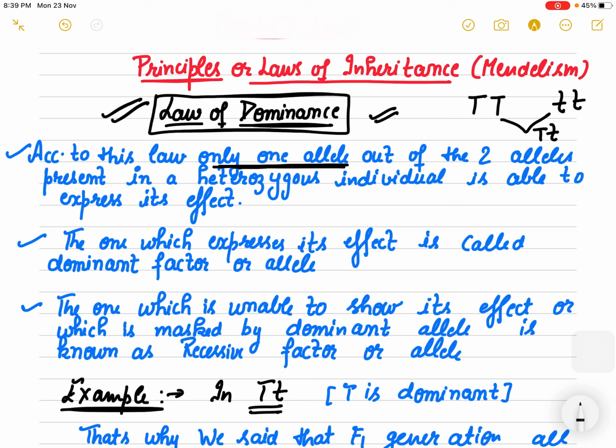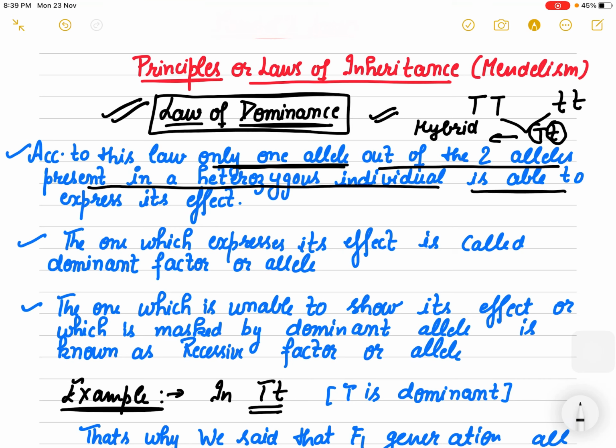Only one allele. Are both capital T and small t expressing themselves in this hybrid? No, not at all. Only one allele out of two alleles, when present in a heterozygous individual, is able to express its effect, because what is the name of our law? Law of dominance. So Mendel very confidently said that when